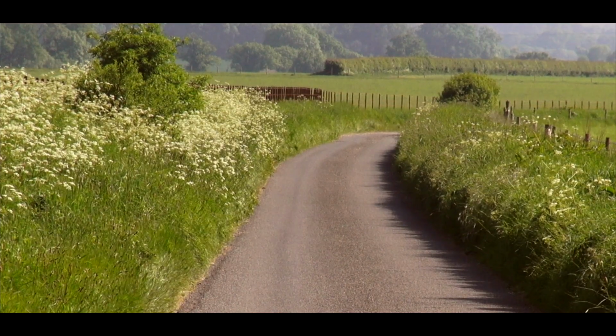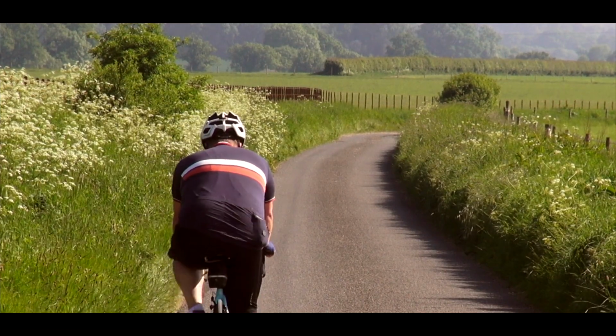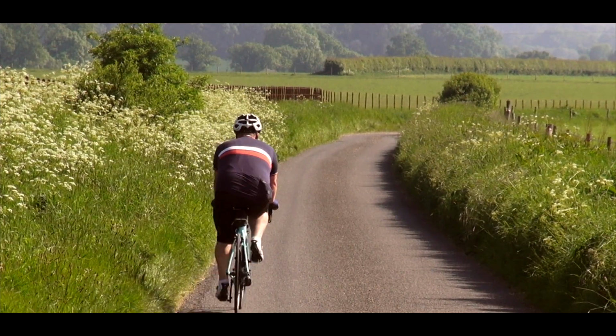To do this I knew that I had to raise my game slightly and ride above my normal 70 to 80% of my maximum. So I was still trying to pace myself. I didn't want to go full gas and just overdo it. I knew I had to leave something in reserve, so my plan was to ride at about